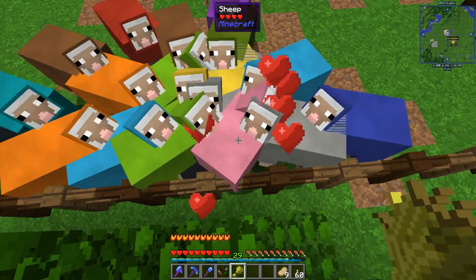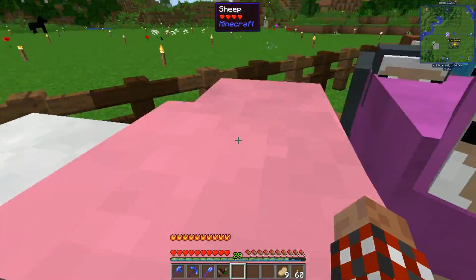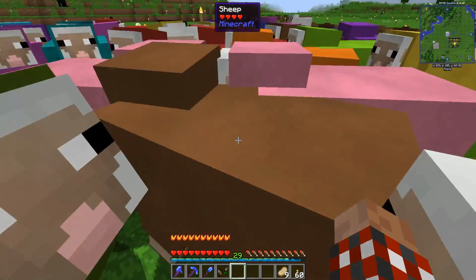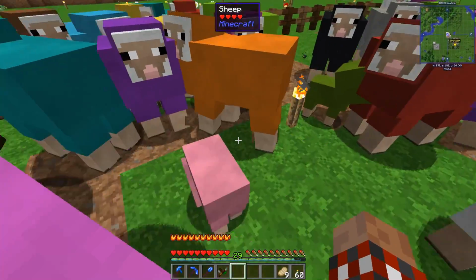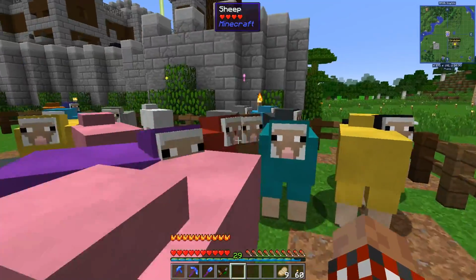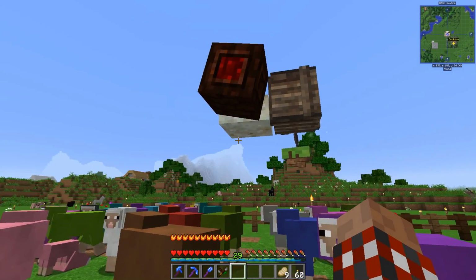So let's hit the pink there, and let's run over here and hit this pink. Excuse me guys, pink. All right, so that should get me pink sheep right in here. There he is, cute little tiny pink sheep. All right, so I've got all those because I'm going to gather up a bunch of wool here, and I've